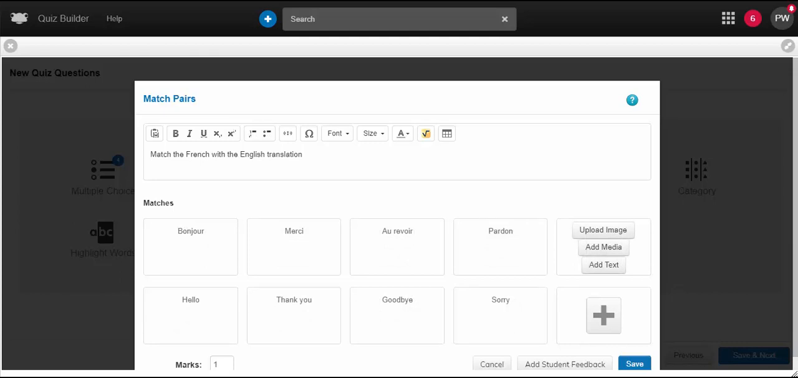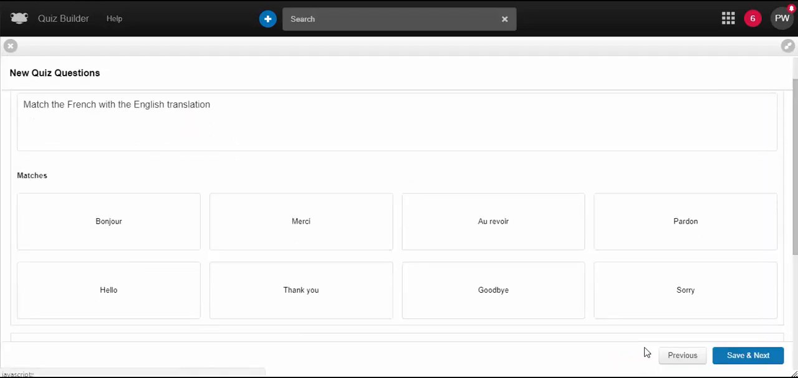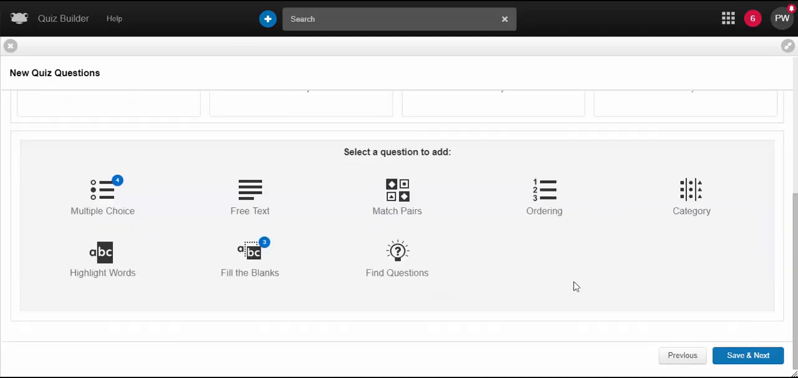I have written the French word in the top box and the corresponding English word below it, and this is how the system knows they are a correct pair. When a student sees this question, the boxes on the top and bottom row will be jumbled around. I'll save that, and I'm going to add one more question, so I'll select a fill in the blanks question